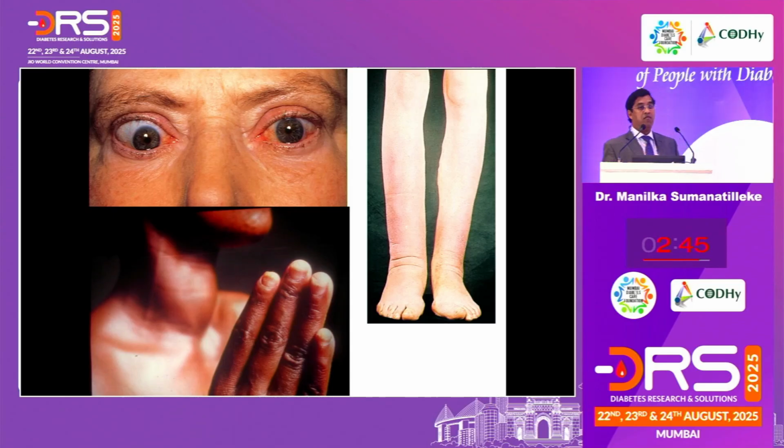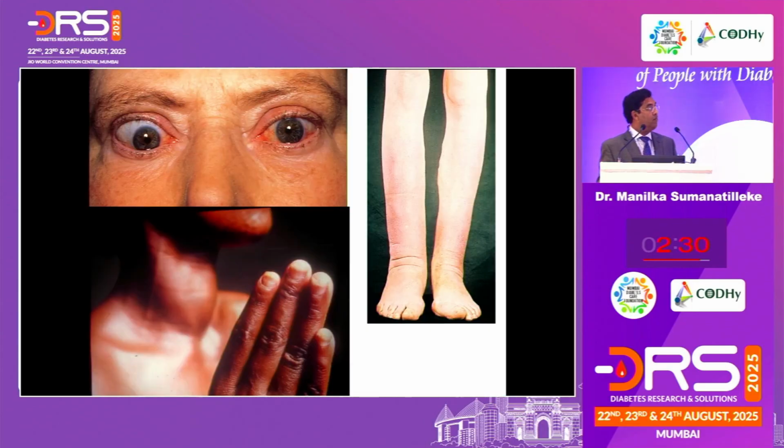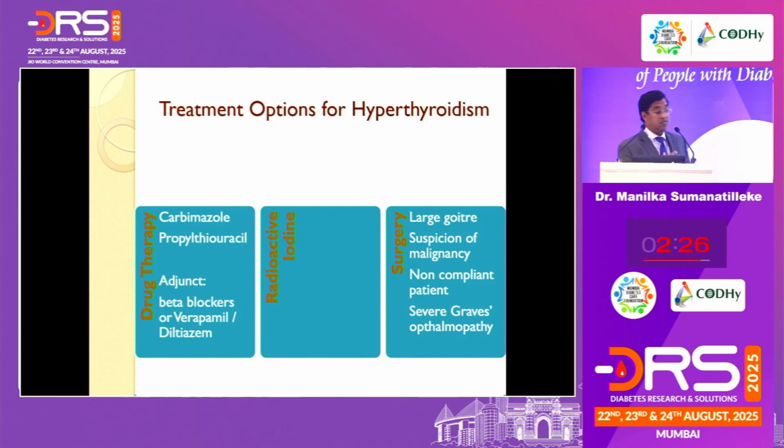And the Graves, I mentioned the things. If you see somebody with these features, exophthalmos with the clinical activity score, high redness, swelling, tearing, chemosis, all that, pretibial myxedema, and thyroid acropachy, that is, unless otherwise proven, Graves' disease, the commonest cause. Then in the next 2-3 minutes, I have to go through the treatment options.